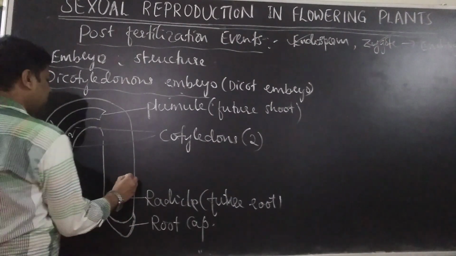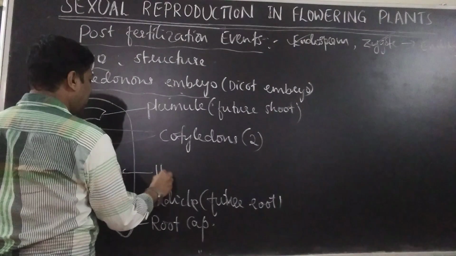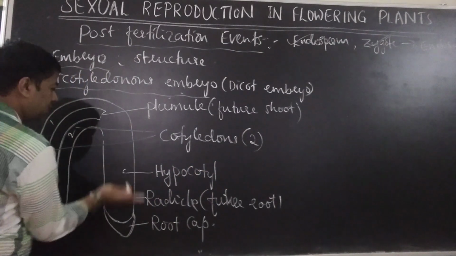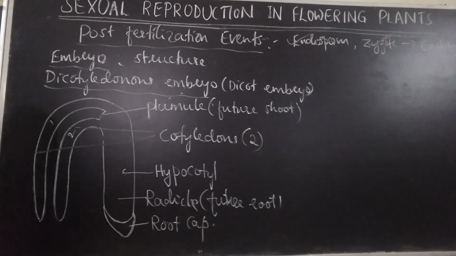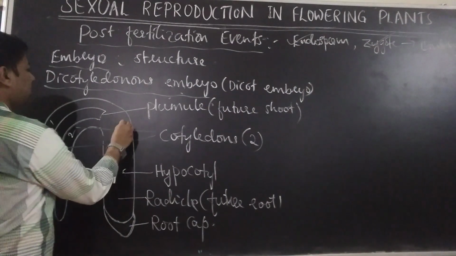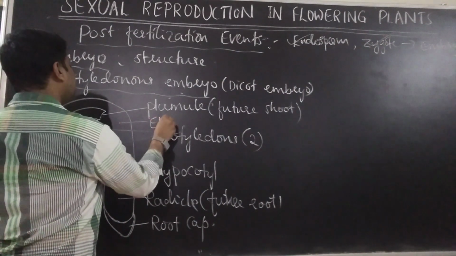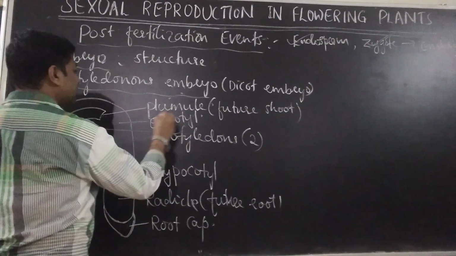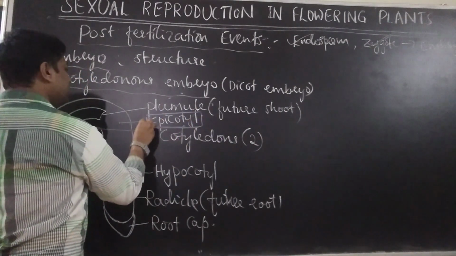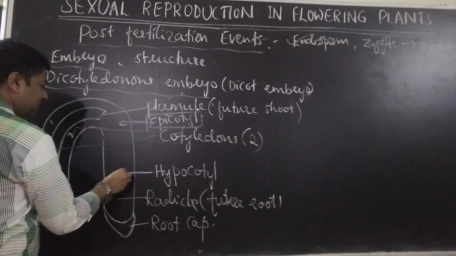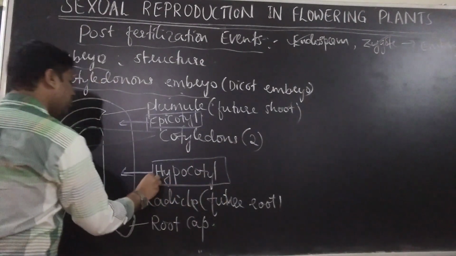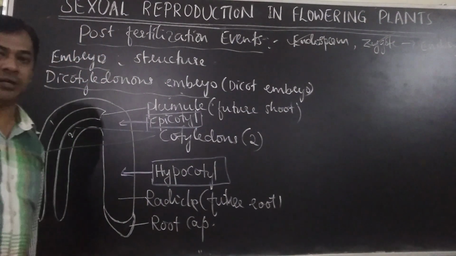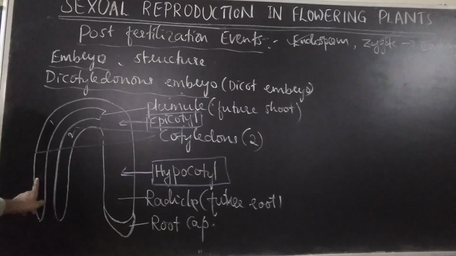So this part is called hypocotyle. The lower part is called hypocotyle. Then what should the upper part be called as? The upper part should be called epicotyle. And you can highlight in a different color if you want. Okay, this is hypocotyle. Very simple. Dicotyledonous plant means two cotyledons will be there. So these are the two cotyledons.